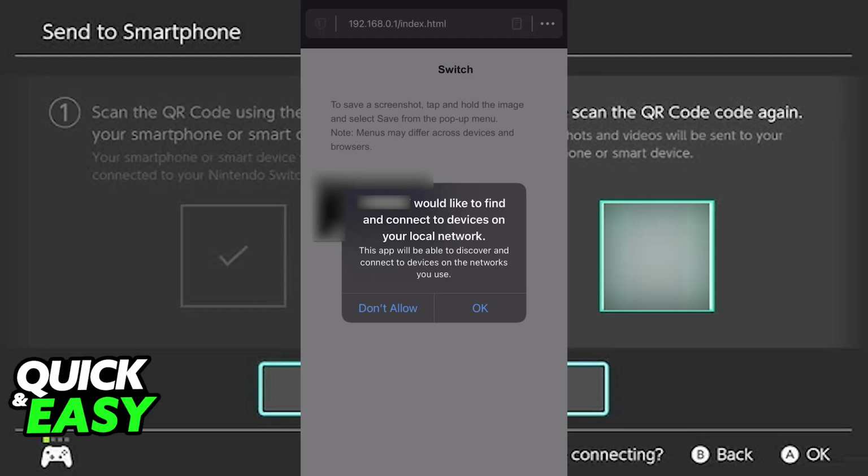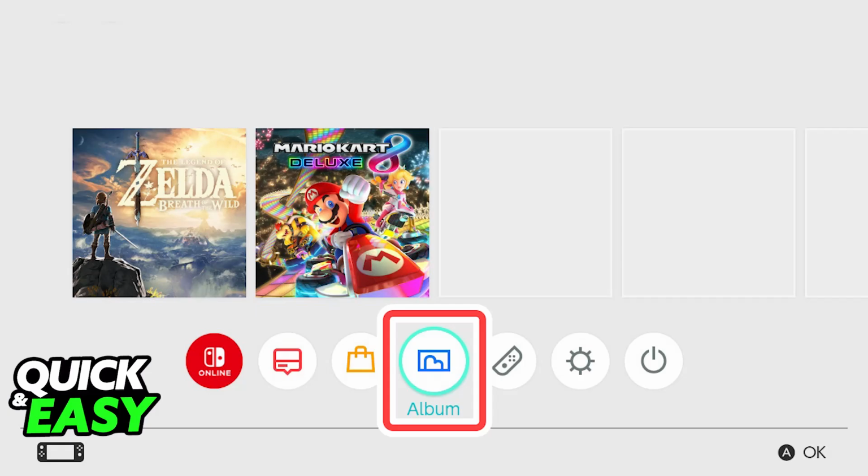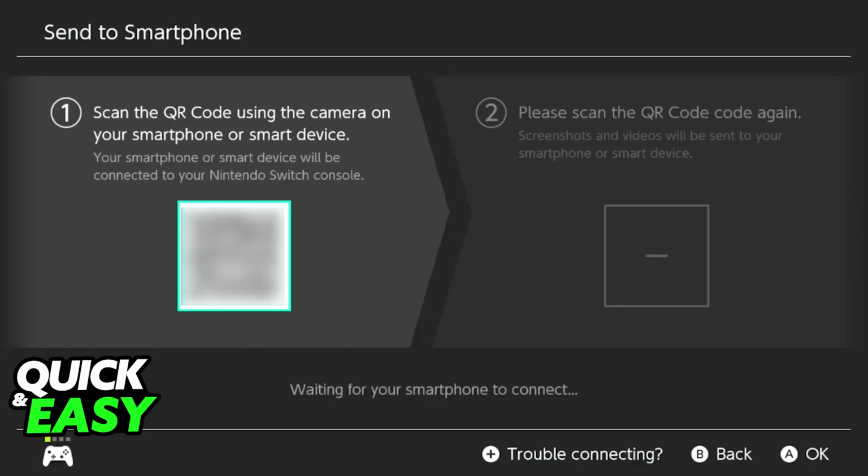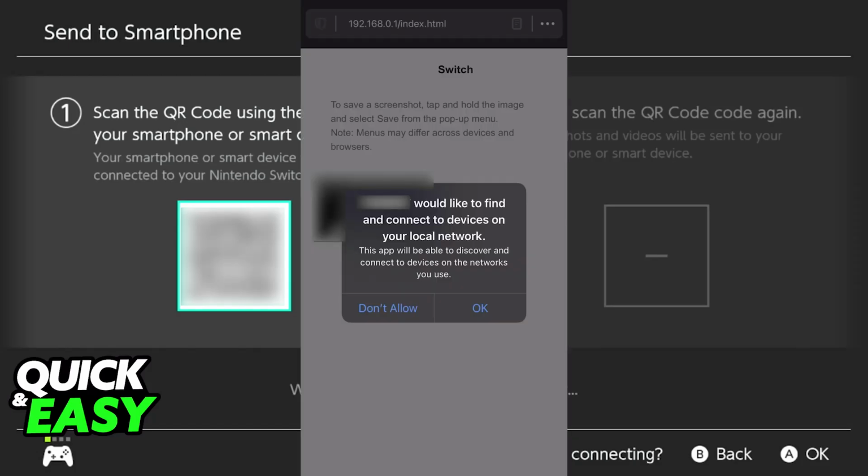So in summary, you go over to your album, you find the specific picture or video that you want to transfer, and remember that you can send multiple in a batch. Once you open, press A to go into Sharing and Editing, and then select Send to Smartphone, which should be the second option. Afterwards, tap OK, scan the QR codes, make sure that your mobile device is connected to the same network as your Nintendo Switch, and then you will be redirected into a web page where you can download